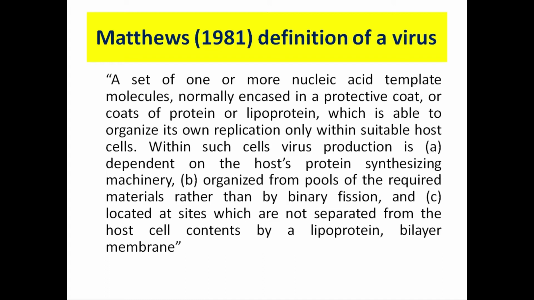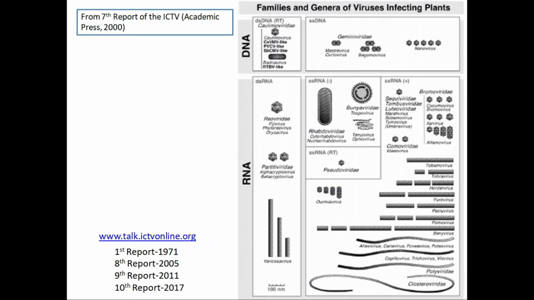So this is the definition which reflects the amount of knowledge that was available to the plant virologist at that time. So that was the definition given by Matthews in 1981. This is a well accepted and popular definition, and it encompasses many properties of plant viruses. Now let us have a look at the plant viruses and different types depending on the type of genome and then other properties. So here we already know that ICTV is one apex body of virus taxonomy, and it keeps